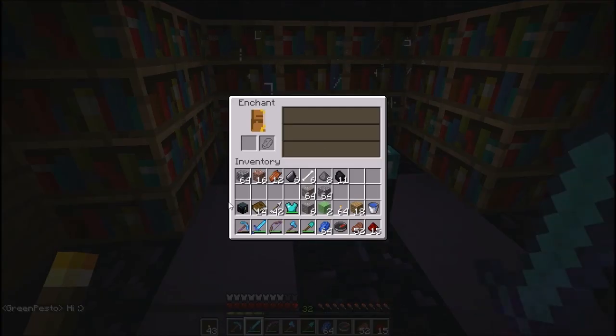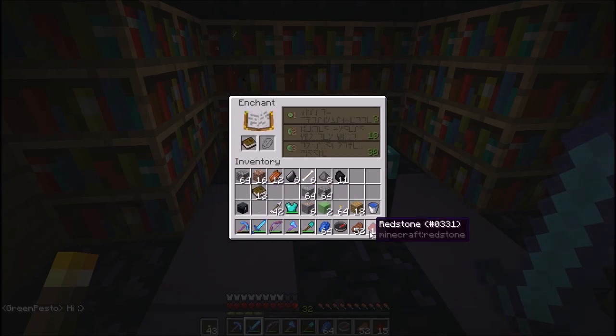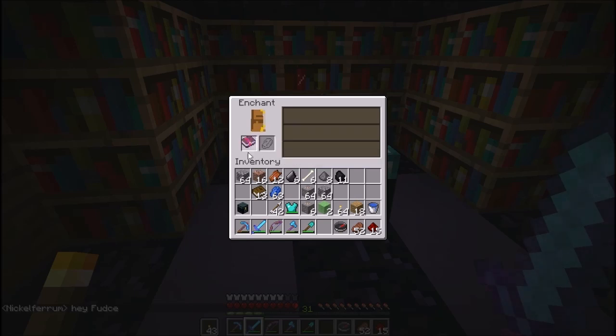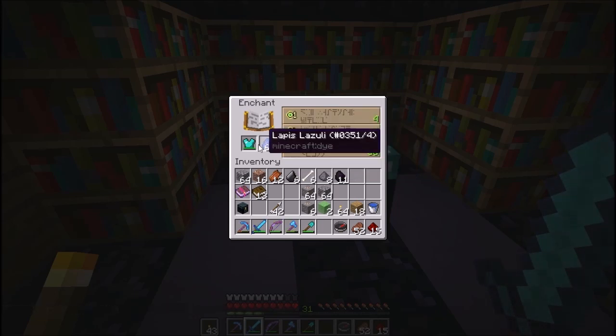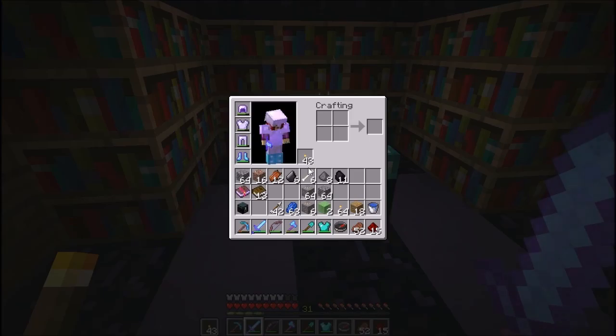What is up with this damn thing trying to give me fire protection all the time? At least I know. Power 1. Fantastic. That's, you know, fine. Oh, wait, what am I doing? Blast protection. That might not be bad, but if it's going to be blast protection,